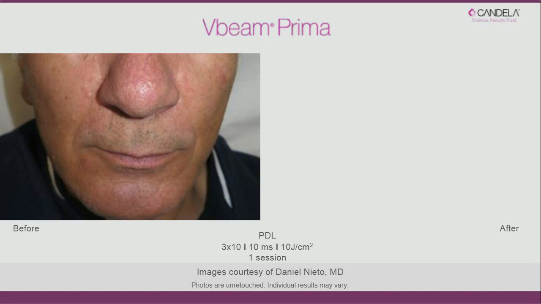In this case, instead of 6 milliseconds, I use 10 milliseconds with 10 joules per square centimeter, as well as the previous patient. I didn't use proper settings because the patient couldn't allow the